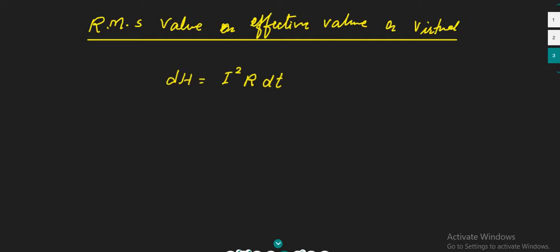The definition of this RMS value: the effective or RMS value of alternating current is that steady current, that means DC, which when flowing through a given resistance for a given time produces the same amount of heat as produced by the alternating current when flowing through the same resistance for the same time. It is also called the virtual value of AC, and normally represented by I RMS or I effective or I V, that